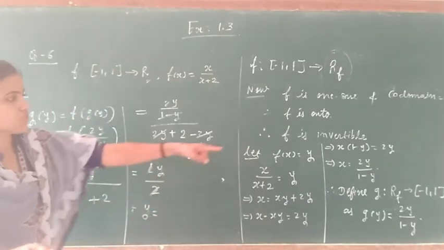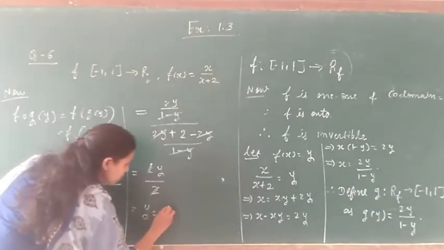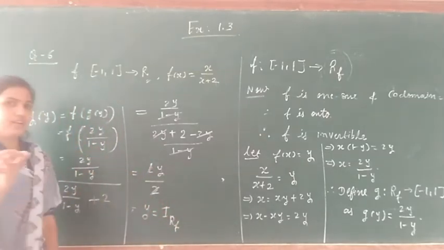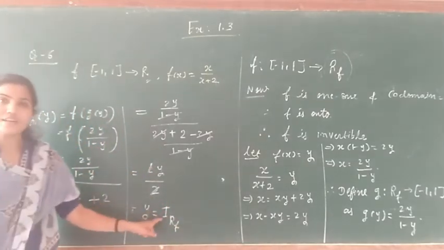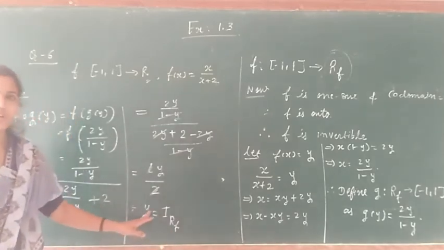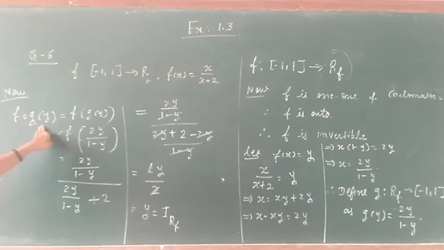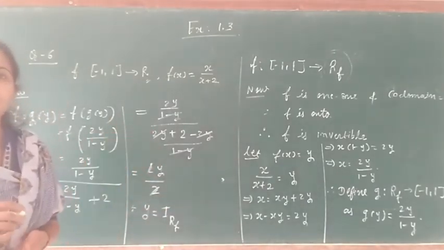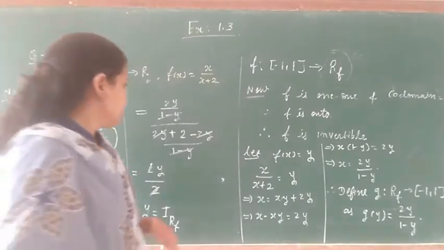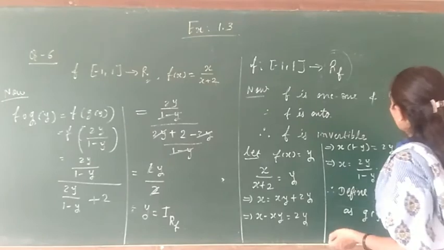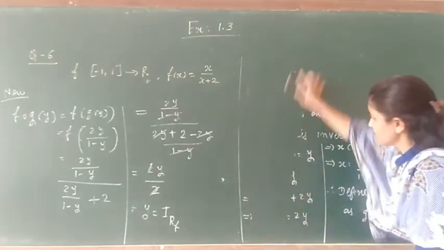And as it is a function from range of f, y belongs to that. So this is the identity on the codomain. Okay, that is the identity on y, range of f. So here we are getting f composition of g is equals to identity on the range of f. And what can be the g composition of f? So I am again removing this part.